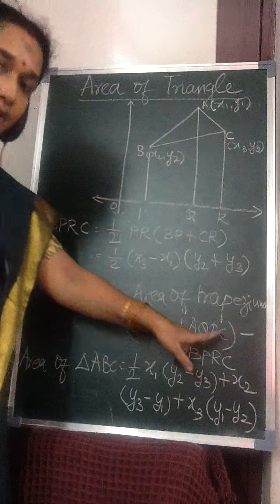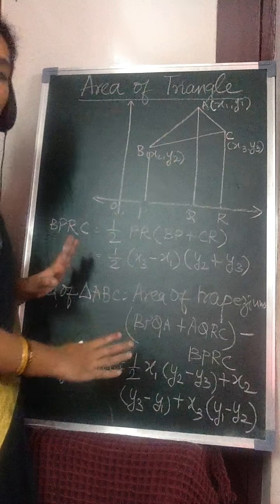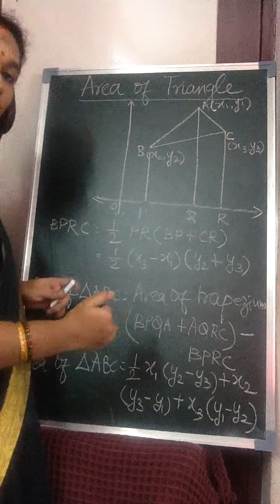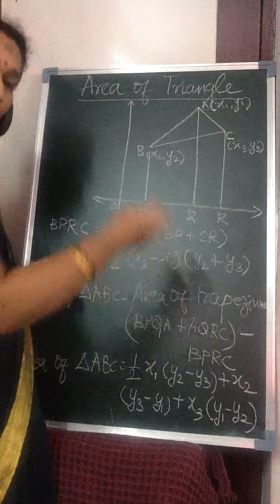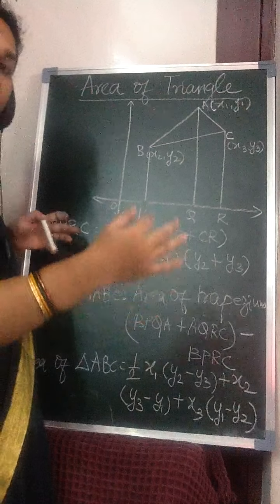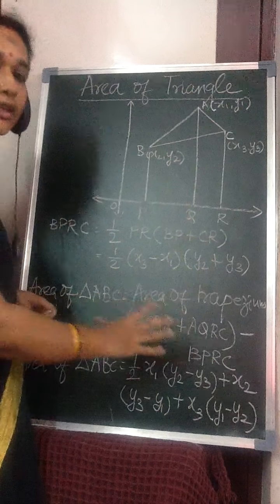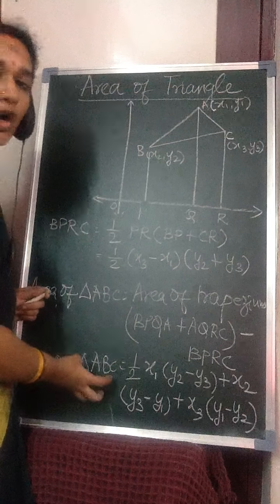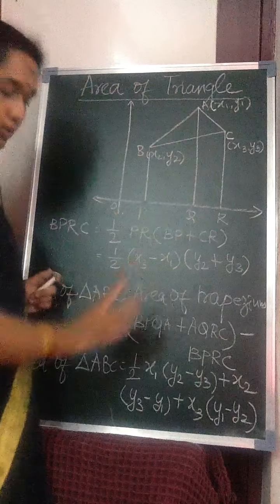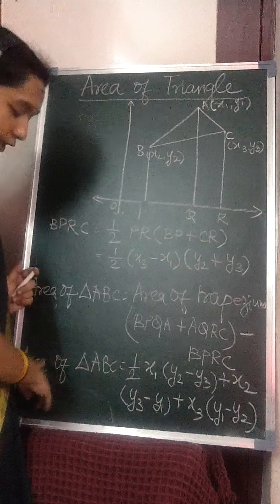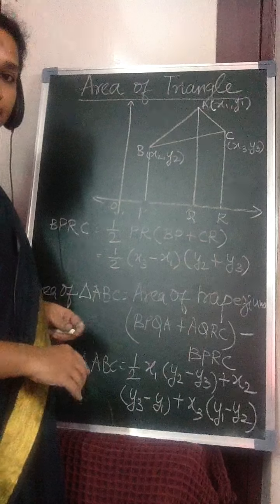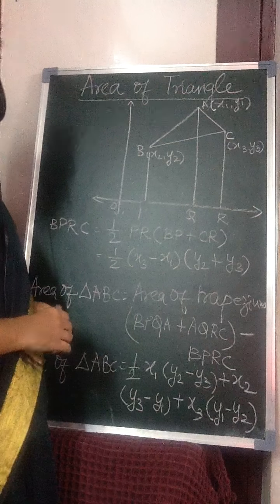When you simplify this, how you are getting the formula for that? For that only I am giving you the idea. This derivation, if you do it fully, will be very big, but you should know the outline idea of how you are getting the area of triangle in coordinate geometry. So this is the formula for area of triangle ABC in coordinate geometry. Okay children, understood? Thank you.